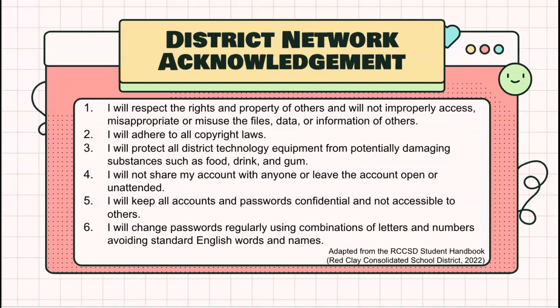The school district has listed some responsibilities and acknowledgments which students must agree to prior to being given access to any device, whether it's a computer, Chromebook, or an iPad, as well as the network. It basically states that students will respect any school property given to them and will give credit where credit is due on any information that they find on the internet, including photos, especially if it's not their own, as well as ensuring documents are safe by not giving others access to their login information or even just giving others their computer. Remember,